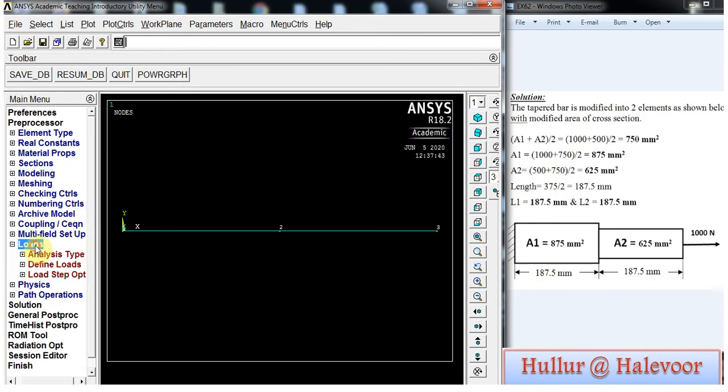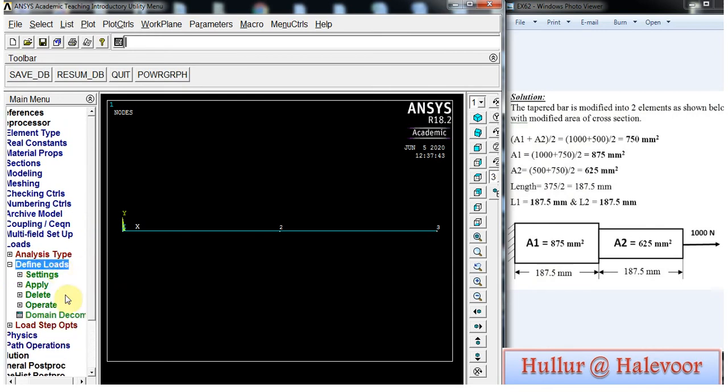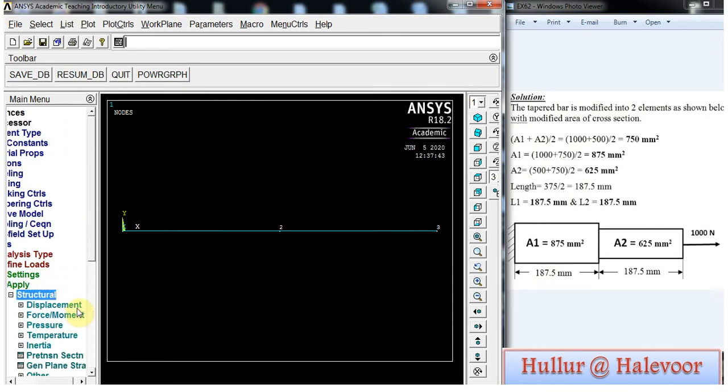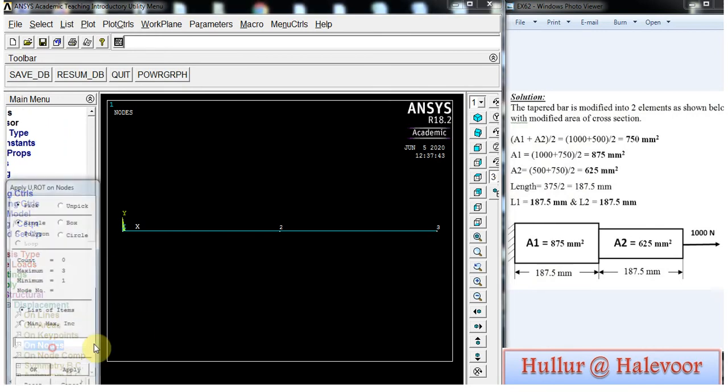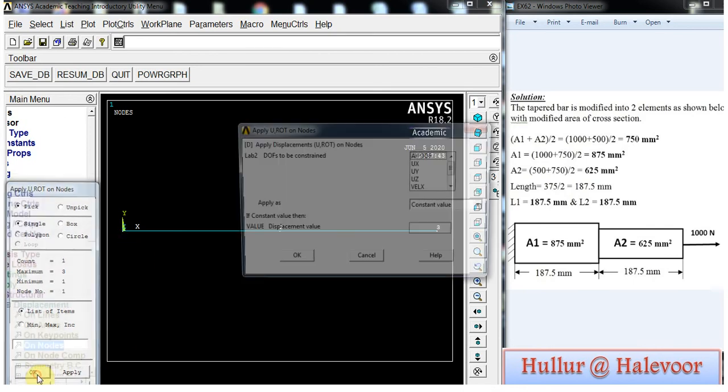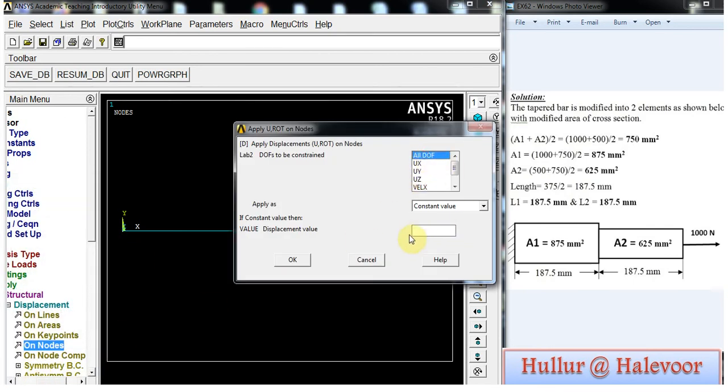Go for loads, define loads, apply structural displacement on nodes, click on node number 1, click OK, set all these degrees of freedom to fixed, type 0, then click OK.